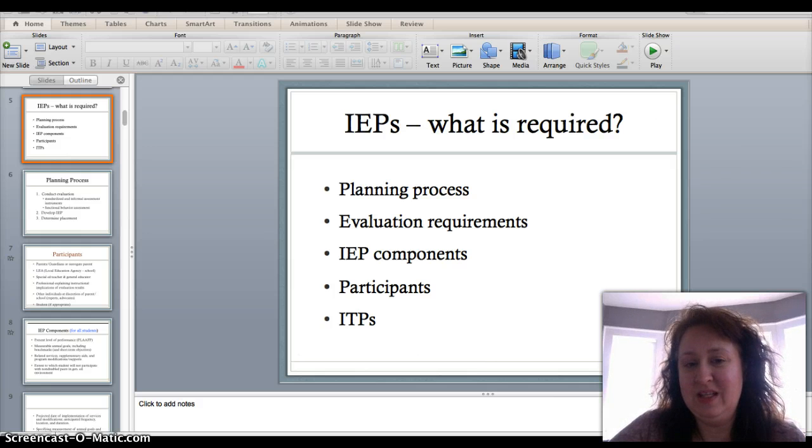When we're working with kids with moderate to severe disabilities, a lot of times general educators will say, I don't know the kid, I don't have anything to add. And that is a failure on the part of our special education teachers. We need to be working with general education teachers to make sure that they understand their role in an IEP meeting. And their role is to provide that typical development information, information about peers, information about the content pre and